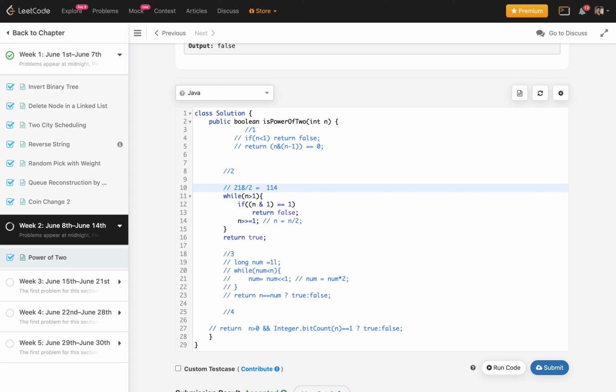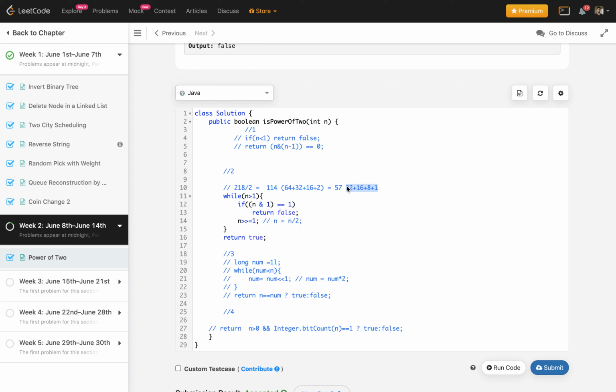114 is basically 64 plus 32, 96, plus 16, 112, plus 2. Again it will not come as 1, so we will again divide it by 2 and we'll get 57. So 57 is 32 plus 16 plus 8 plus 1.